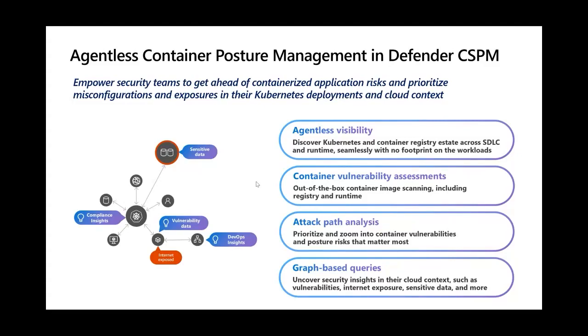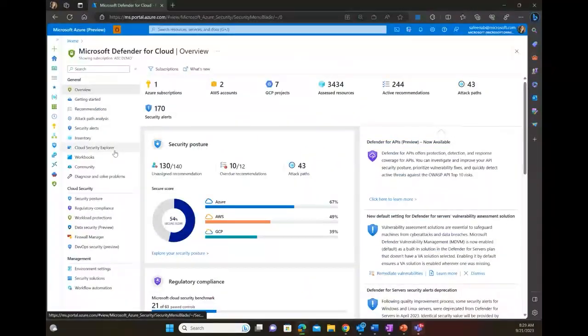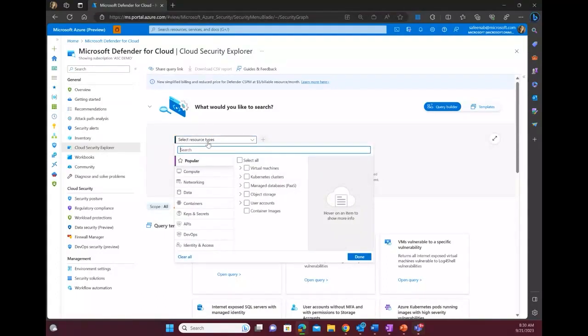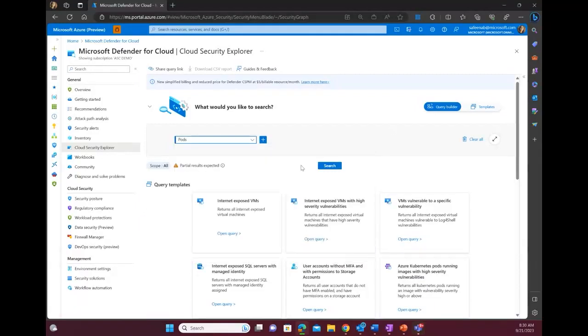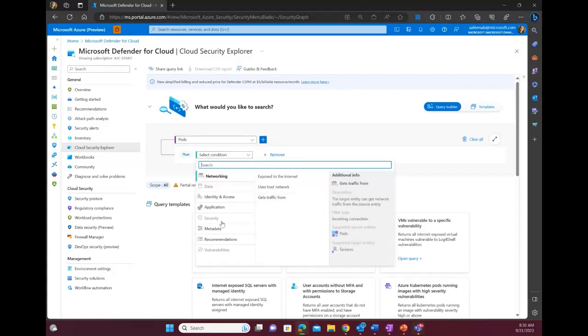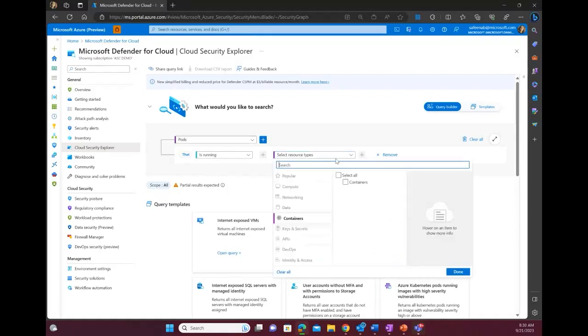Now I'm going to escape from here and take you to the Defender for Cloud dashboard. So the Defender for Cloud dashboard has a Cloud Security Explorer plate dedicated to itself. Here is the place where you would search for the scenarios that you are looking for. Like in my example, if I'm looking for the pods specifically related to the Kubernetes workloads. Let's say, for example, that is running containers,